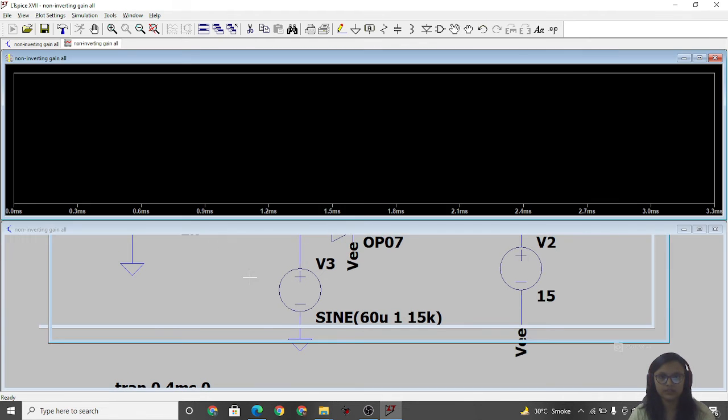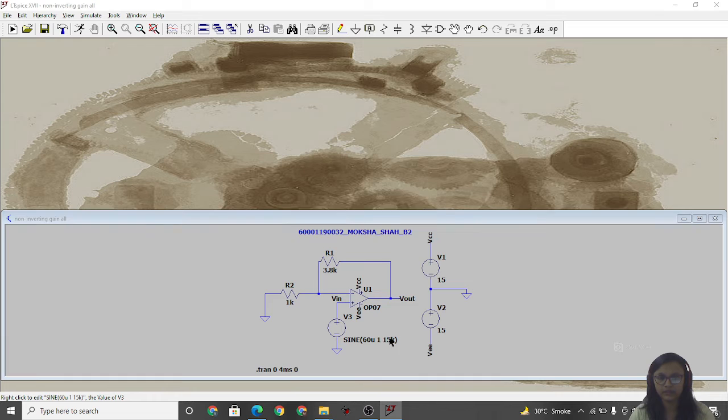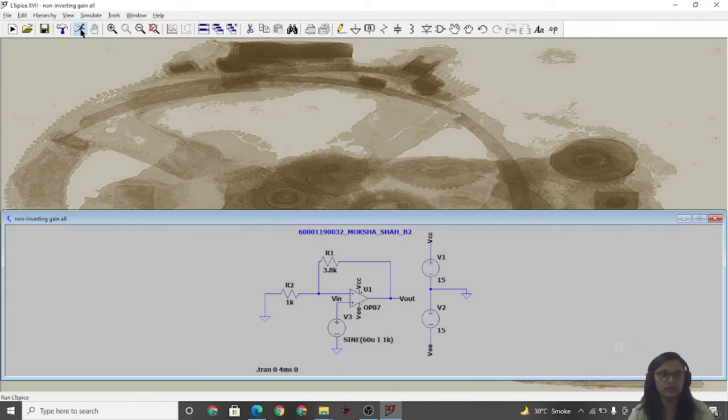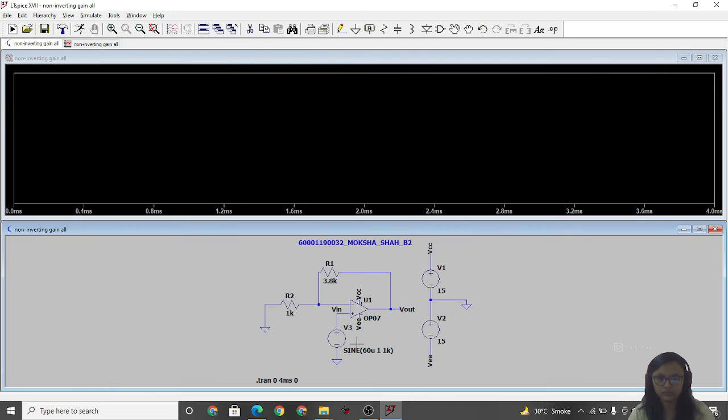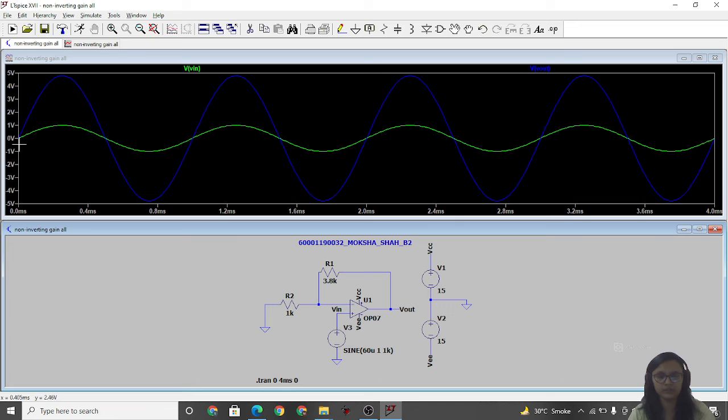So I'll just run and show you all. Again I have to change it. I have taken the frequency as 15, the frequency 1, and now I'll run the input. You can see the output waves, what you are getting for OP07.